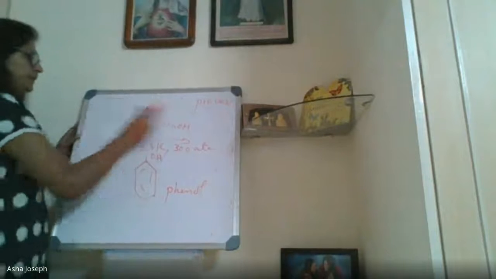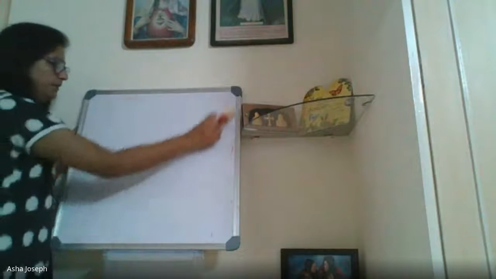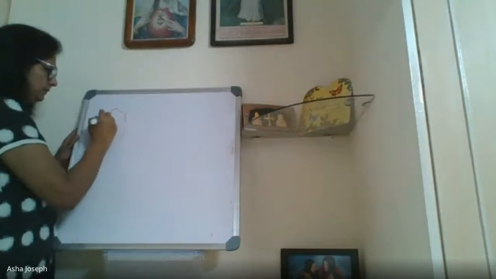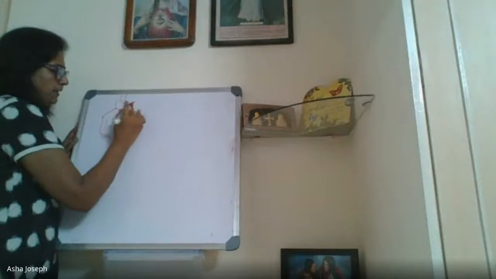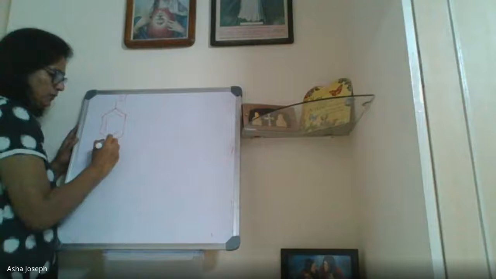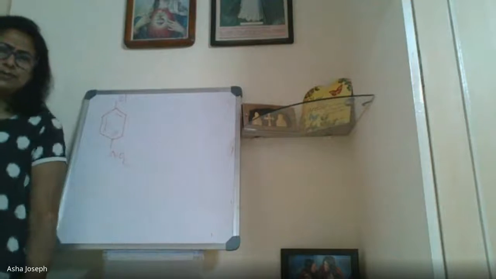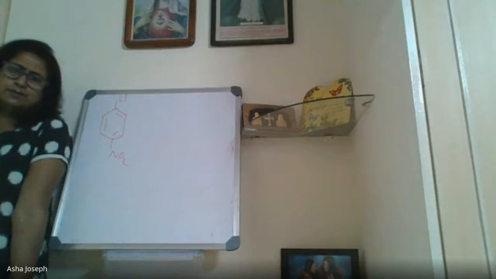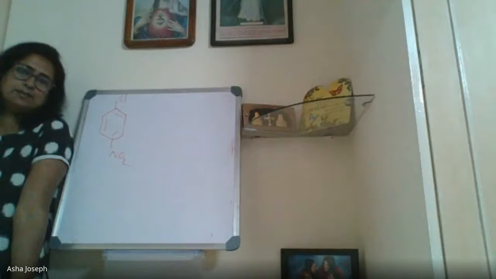And so the next point is, suppose I take the compound chlorobenzene, and if I first put in NO2. What do you know about the NO2 group? Last year you learned the NO2 group. Is it electron donating or electron withdrawing? See, I gave two options, say one. Withdrawing group, ma'am. Very good.